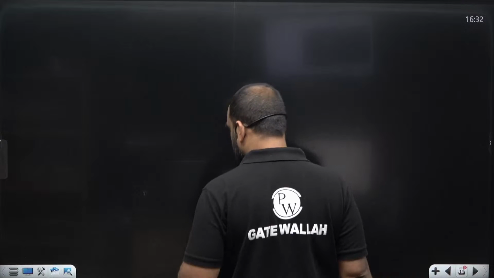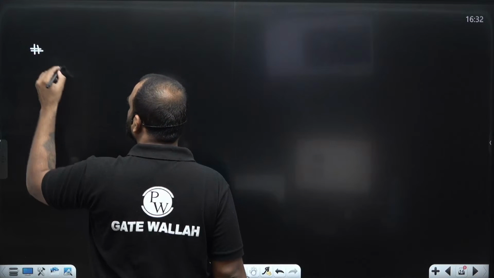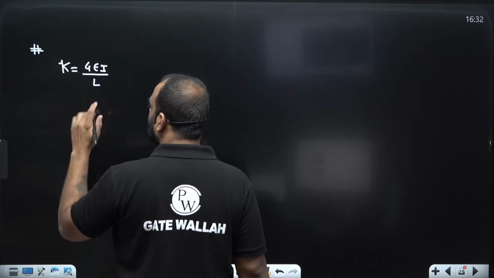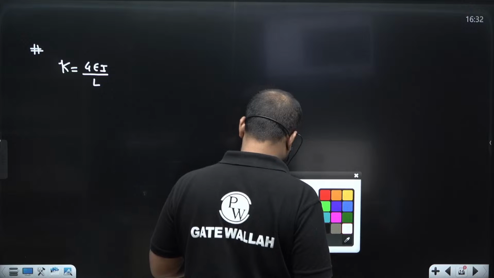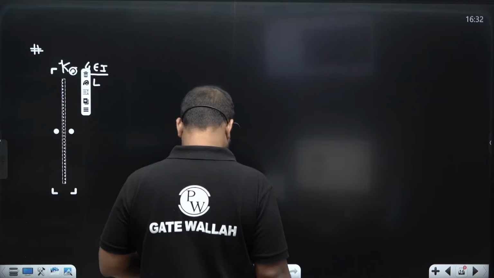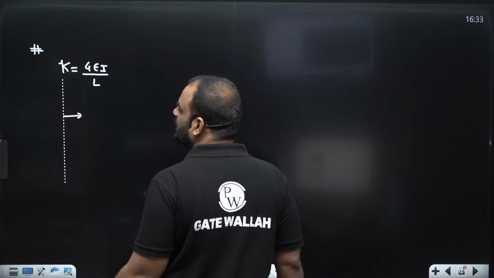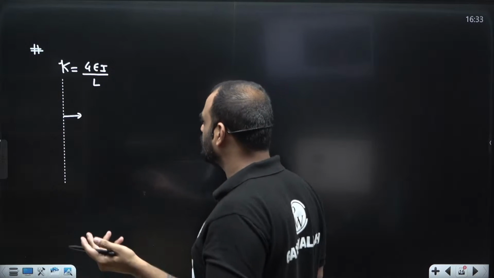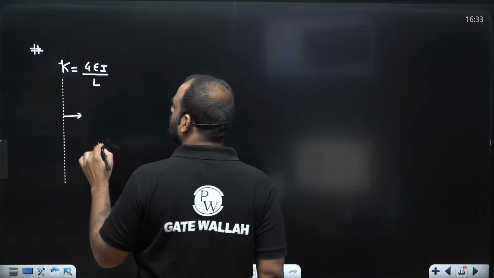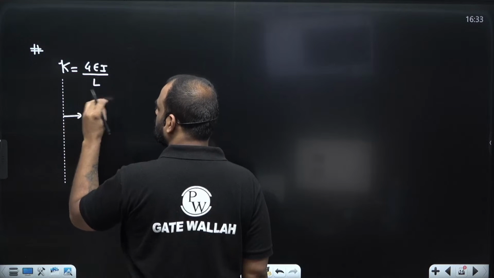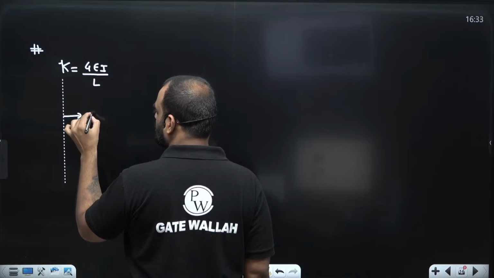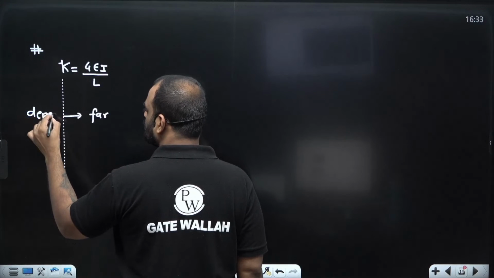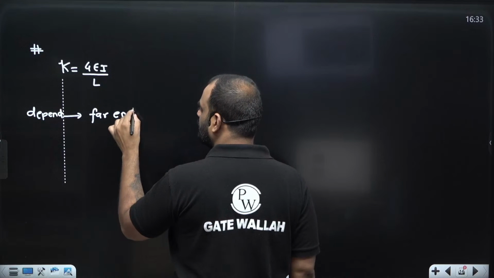So guys, let us suppose we have the far end as fixed, then in such case your stiffness will be 4EI by L. Now can I say that our stiffness is depending upon certain parameters. This 4 can vary. It may be 3, it may be 1, it may be 2 also. So this particular constant is changing with respect to the far end condition. So it depends upon far end condition,